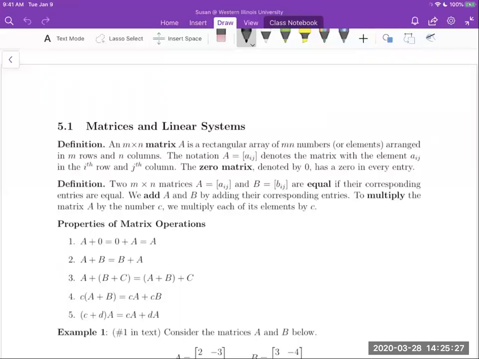In this video, we're going to talk about section 5.1, matrices and linear systems. This is going to be part one of this section. I'm going to split it up to pages 1 through 4 in this video, and then pages 5 through 8 in a separate video. And so in this video, we're going to focus more on basic topics from linear algebra